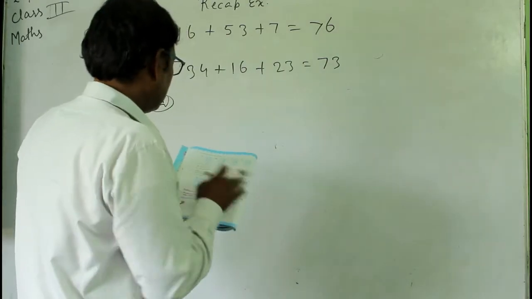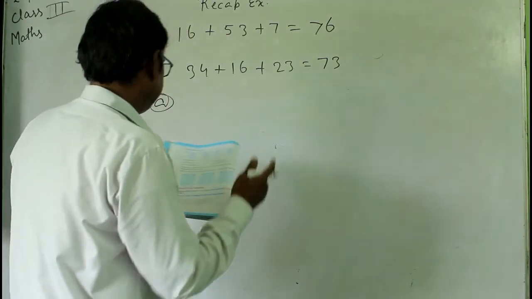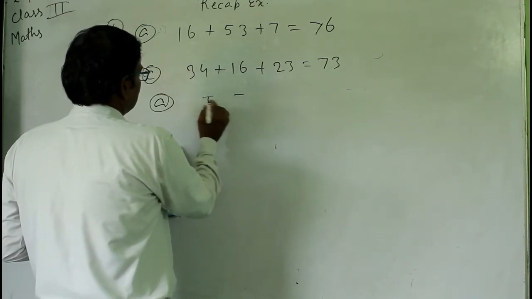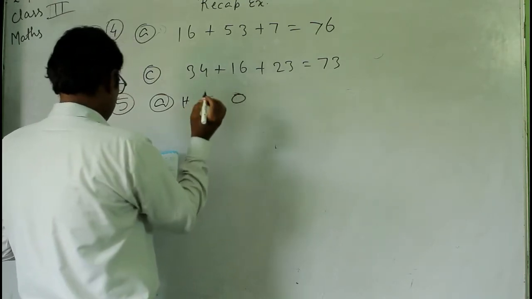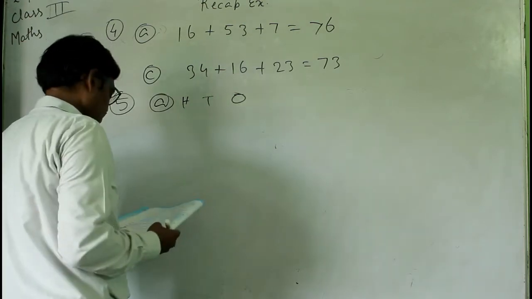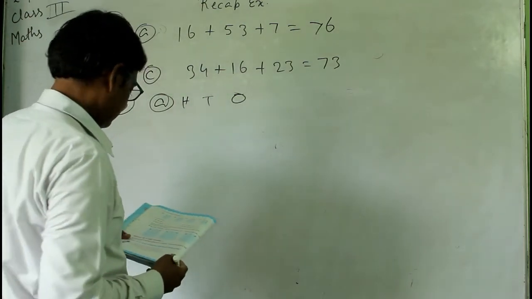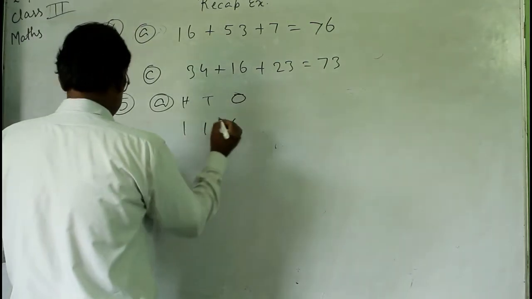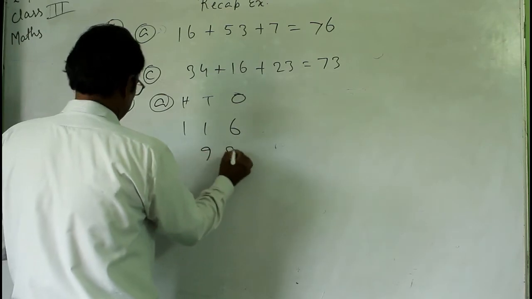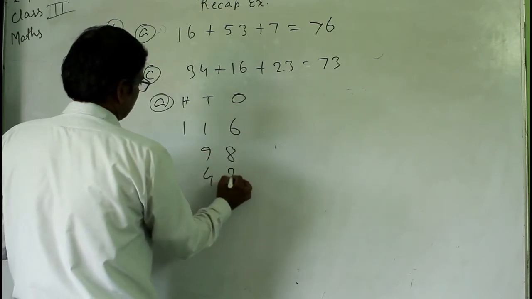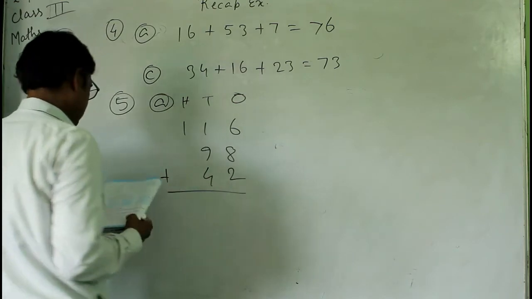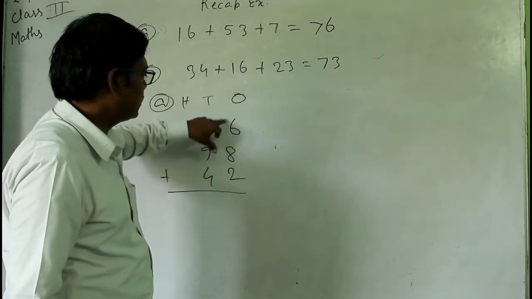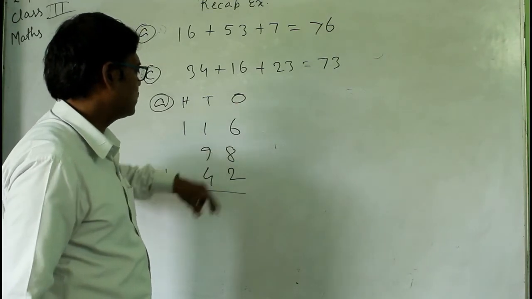सो पहले फर्स्ट में कितना कलेक्ट किया? ओके, फर्स्ट ट्रिप A. तो यहाँ पर क्या है? HTO. तो नंबर इज हियर. In this you have 116 plus 98 and plus 42. तो हमको इसको प्लस करना है. ओके, तो कितना हो जाएगा इसमें यहाँ पर? So you have here 8 plus 6 है ना, 8 plus 6 कितना होगा? 14 plus 2 is 16.